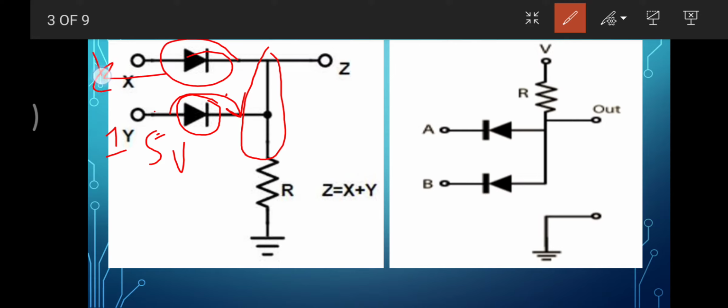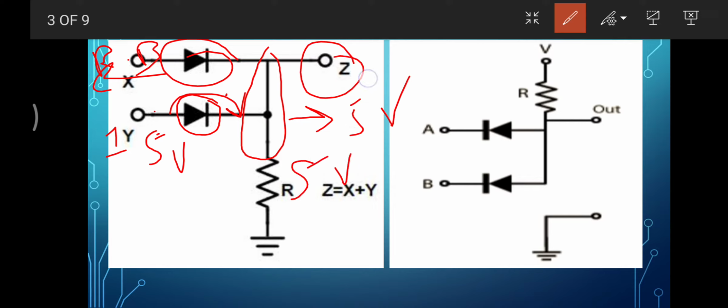Likewise, in the previous discussion, when I said this is 5 volt, then the blue diode was reverse biased. So now this node is 5 volt, hence the voltage drop across the resistor is 5 volt, and at Z you are getting 5 volt